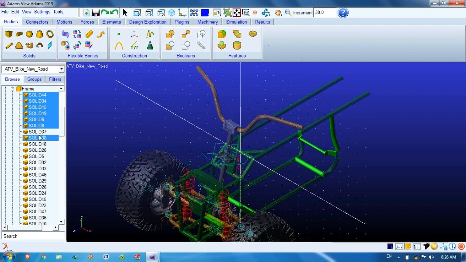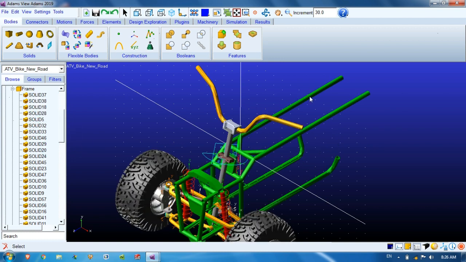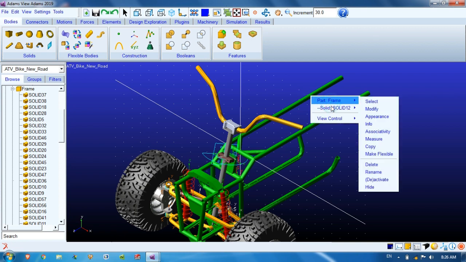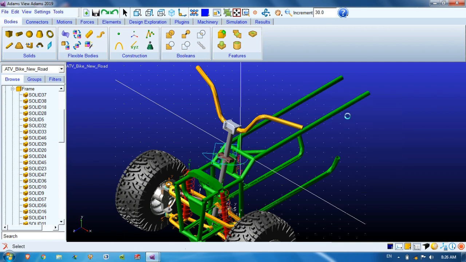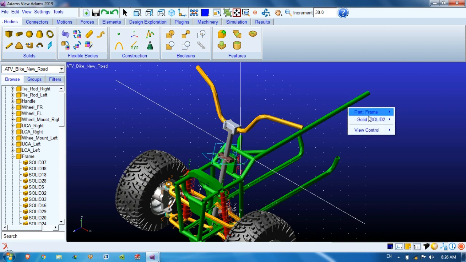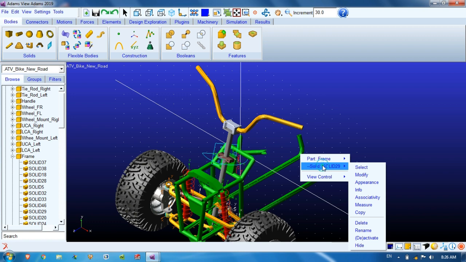Or instead of the frame, we can also create some dummy part that will act as a frame. So these many parts will be deleted. Select the solid, delete, and again delete this also.